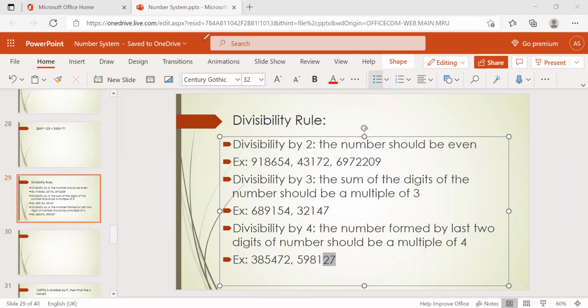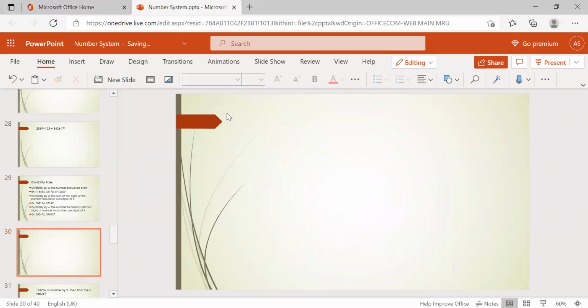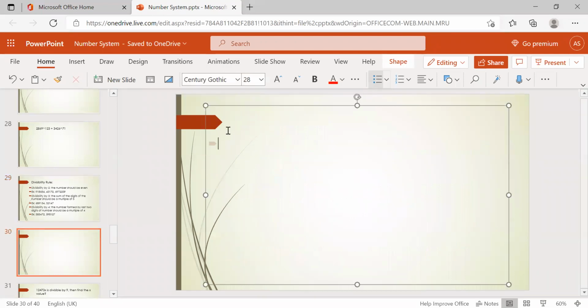Right. Now, check another one. Now check divisibility by 5. In the starting class only, I said, divisibility by 5 is very easy.